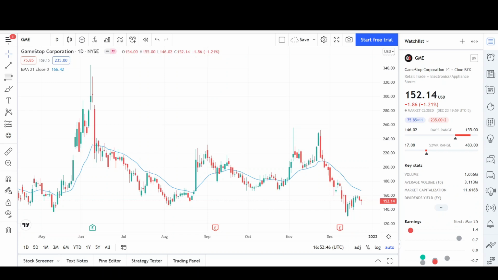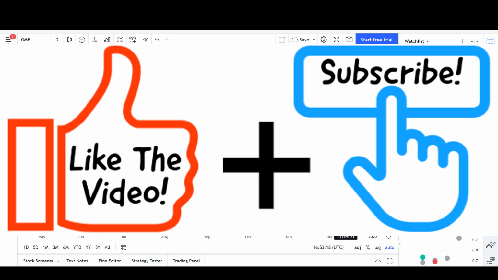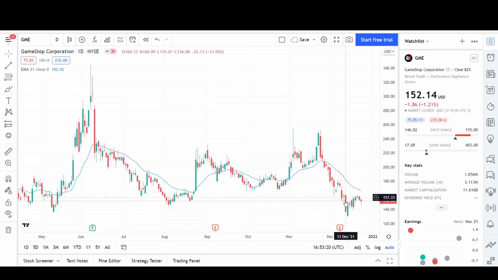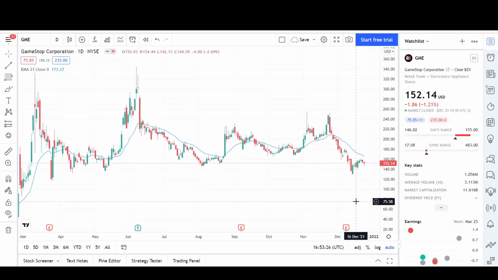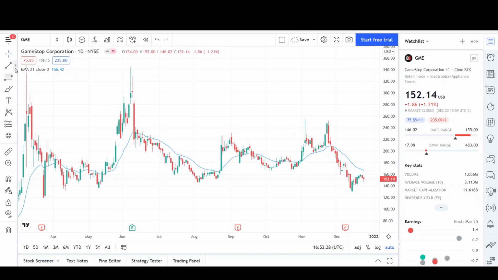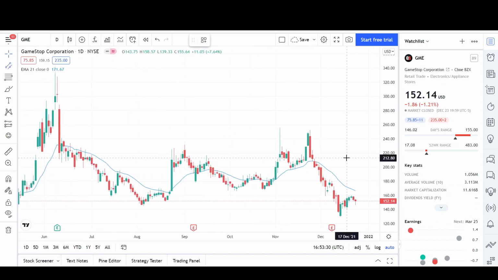I will first go over what I see on the daily chart and finish the video off with the weekly chart. So the last time that I looked at GameStop was back here on December 13th, and the next day pretty much it was a reversal pattern, a big bounce from the lower support side of the range. As you can see here, there was this channel working lower. We got a breakout side of it,